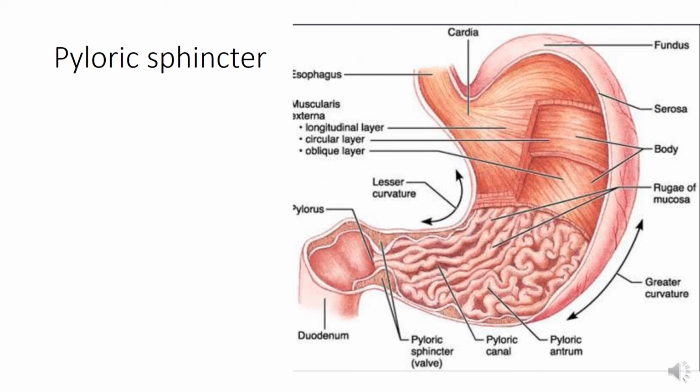So the pyloric sphincter, I want to show it to you. This is the stomach. You can see here, this is the interior of the stomach showing the rugae. And this is the cardiac region, cardia. This is the fundus. This is the body and the pyloric region. Now here you can see that this pyloric region is continuous with the duodenum. So the difference you can see: the rugae, and here it's a smooth surface. So the pyloric end contains the pyloric sphincter, which is the thickening of the middle circular layer of the muscularis externa of the stomach.